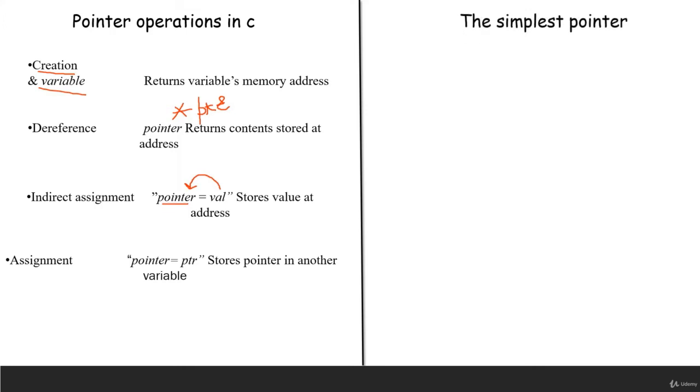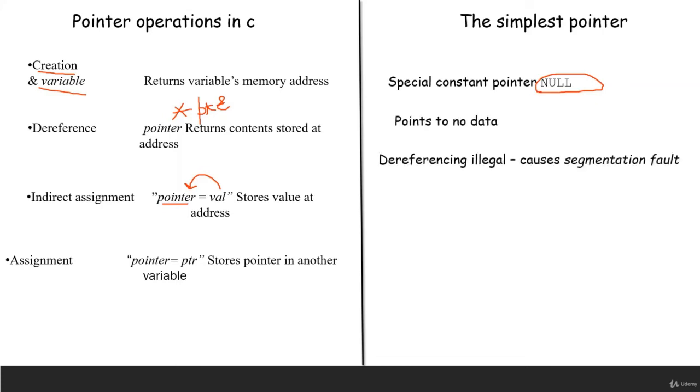The simplest pointer, actually it's a new type of pointer which I am going to introduce you. Special constant pointer null means a pointer which points to nothing. It is known as the simplest pointer. It points to no data. Dereferencing it illegally causes a segmentation fault. We are going to see this in later lectures, but at first, understand that this simplest pointer could